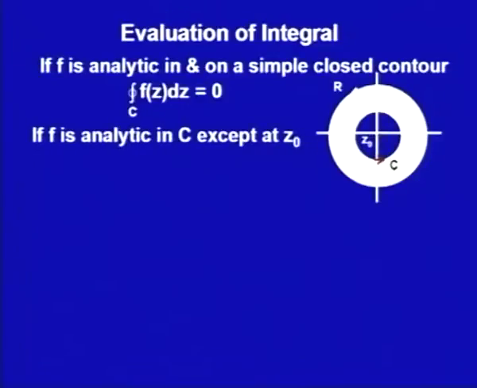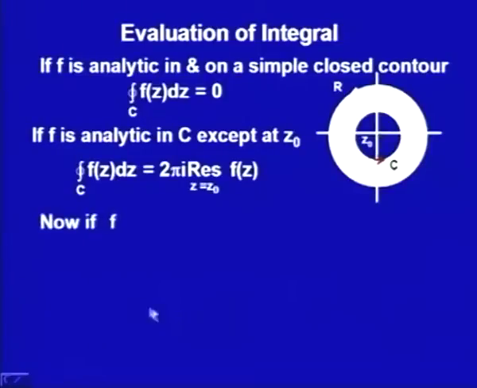in C except at z naught, then the integral of the function f(z) along that closed contour C is 2 pi i times the residue of f(z) at z naught, that is, at the point of singularity, and that singularity has to be an isolated singularity. Now, rather than having only a single isolated singularity, if my function is such that in the interior of the closed contour C, I have more than one isolated singularity, then what will